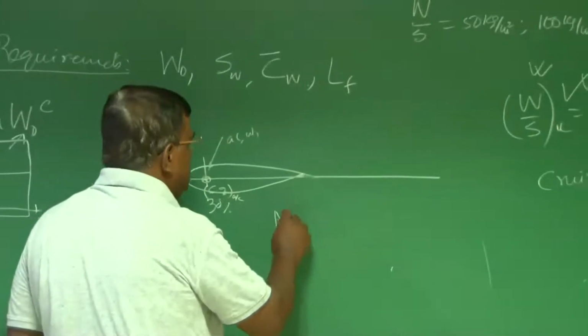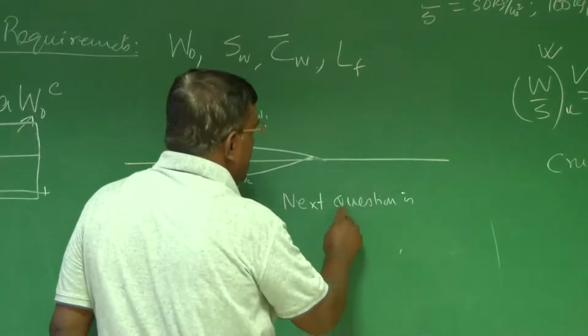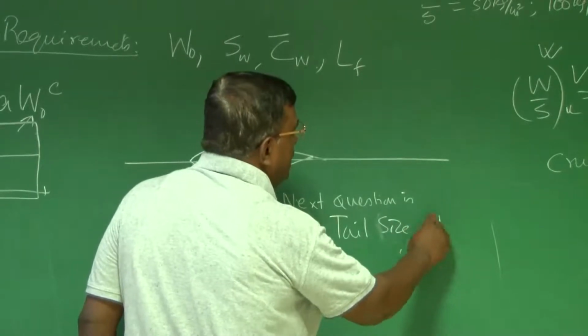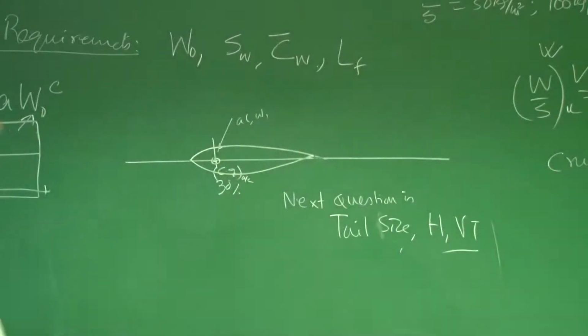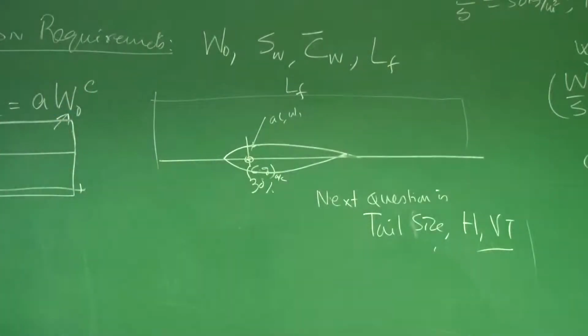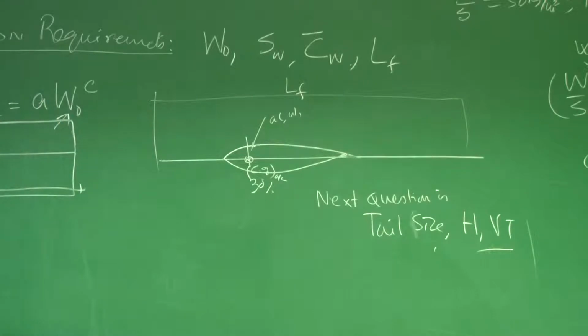Next question is, how much is the tail size, both horizontal and vertical? That is our question. Tail size as well as where do I locate the tail. Do not forget that we know now what is the fuselage length. We know the chord, we know the wing area. So to have an idea about what should be the size of the horizontal tail to start with and its location, we have given you